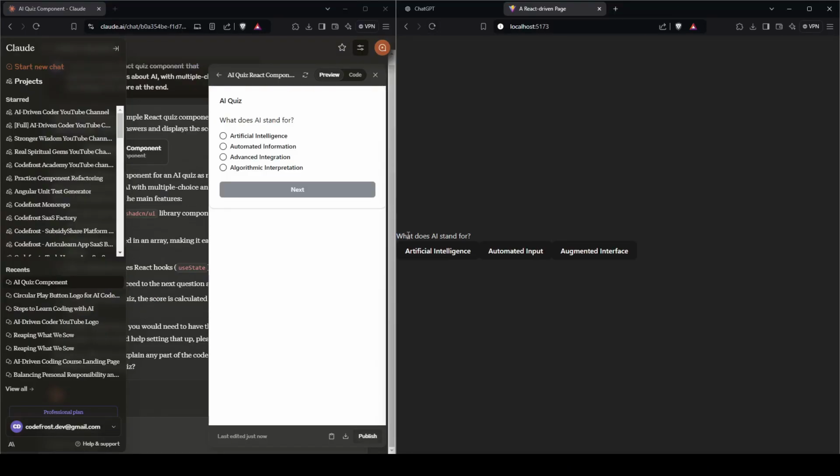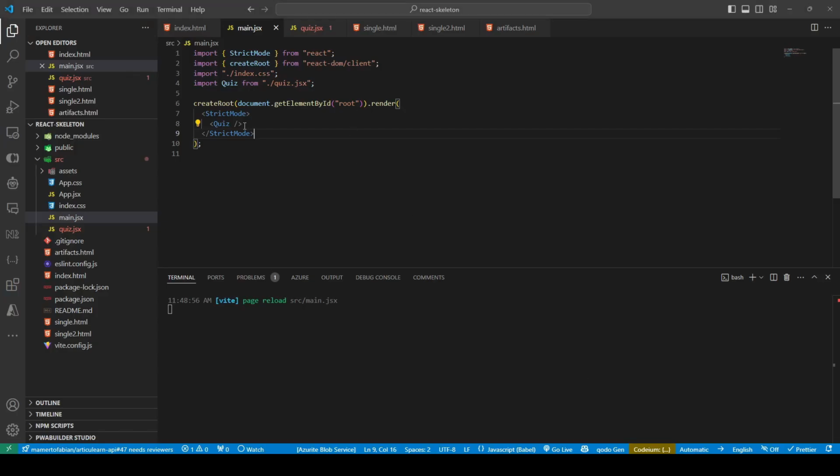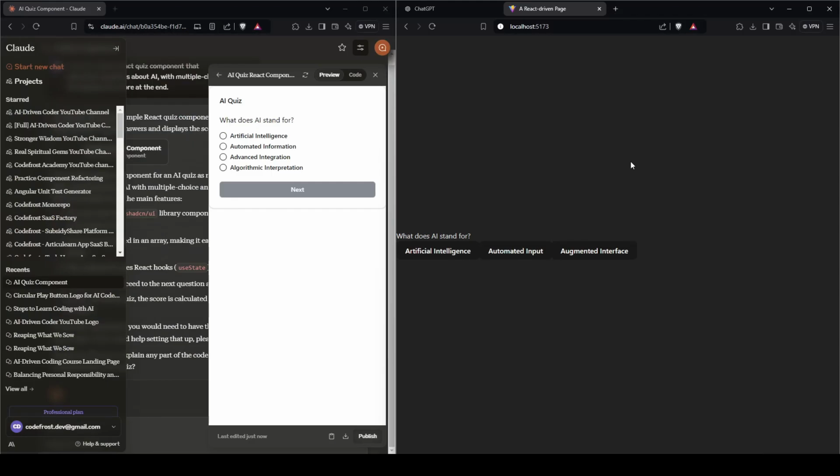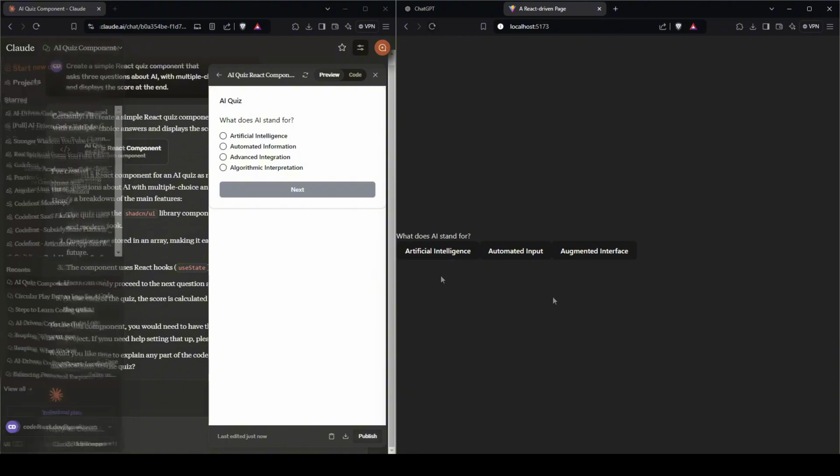We can refresh, and it doesn't look nice because probably the CSS is not complete. If we take a look at the quiz, the style is messed up. But let's see if this works. What does AI stand for? Which of the following is a type of machine learning? Supervised learning. And I will intentionally answer this incorrectly, so I will choose Google instead of OpenAI. You scored 2 out of 3, and there's no other way to restart this without restarting the browser session or the page itself. So you can see the difference.